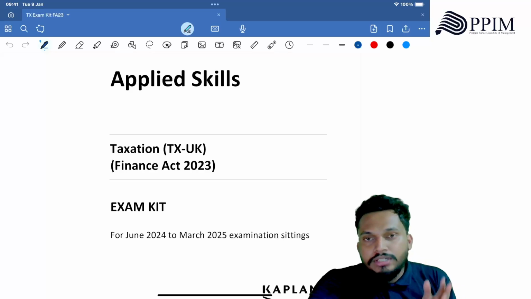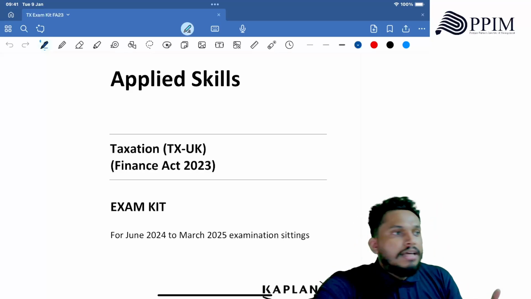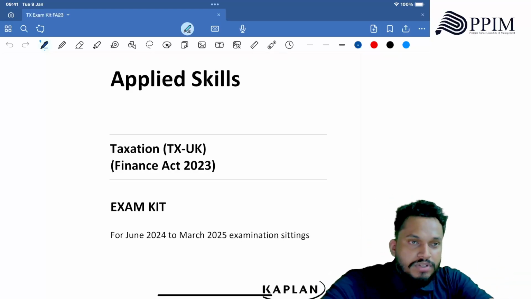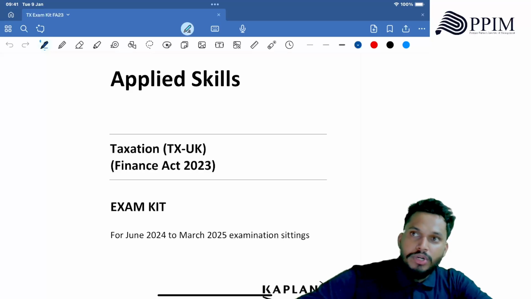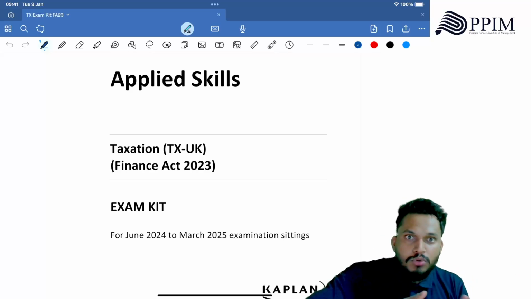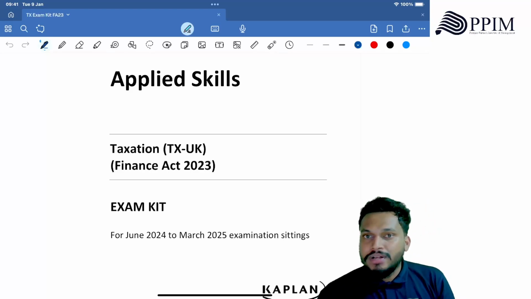So you all know the theoretical knowledge, but now it is time to apply that theoretical knowledge. So what do we need to adhere to here? First, we need to make ourselves a bit disciplined. So in tax, you need some common sense. Now we'll discuss some questions today. The questions that we are going to discuss, we need some common sense to understand.